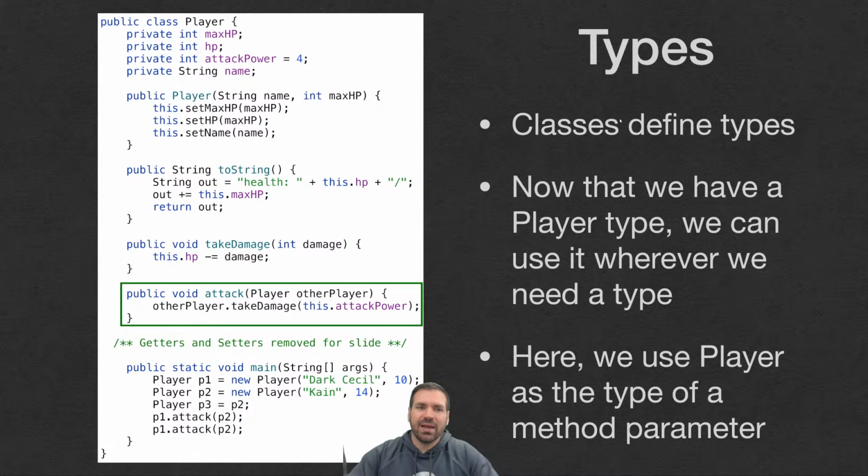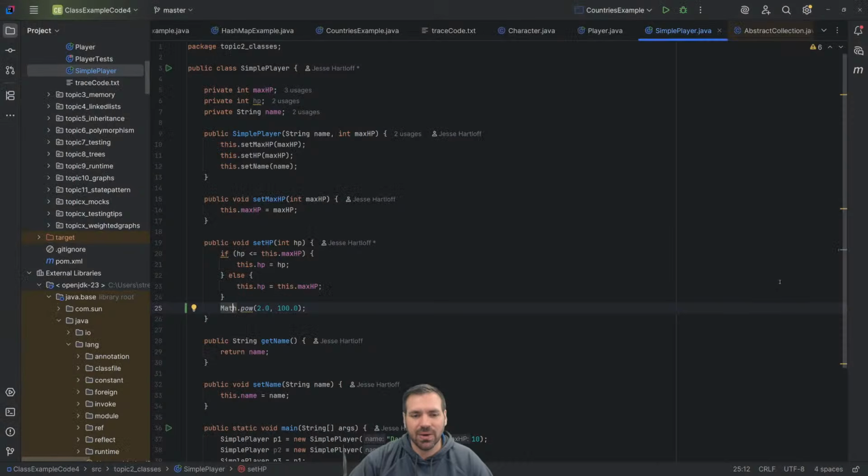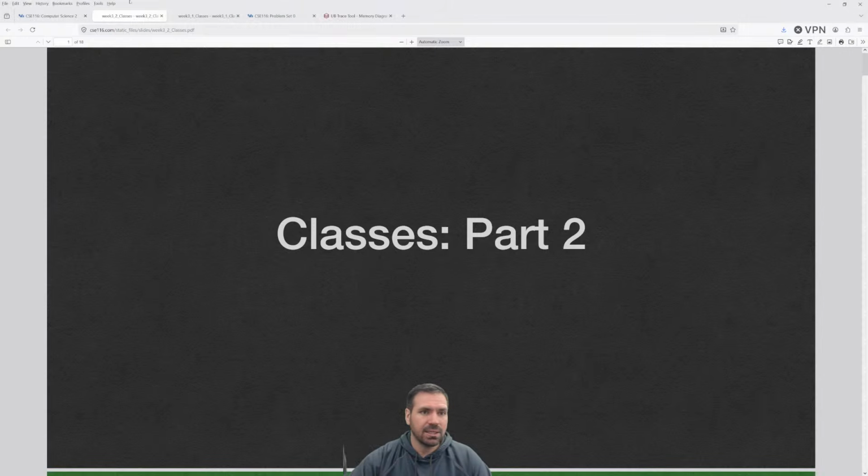And since we defined a new type with our player class, just to emphasize this point, we can use that type as the type for our variables and the types for our parameters. We don't have it in this example, but we can have it as the return type of a method and as the type parameter of a data structure. So just a reminder that what we're doing here is creating new types when we create a new class, which is